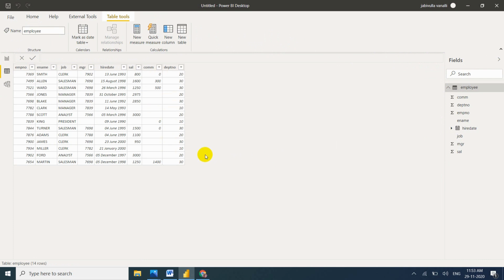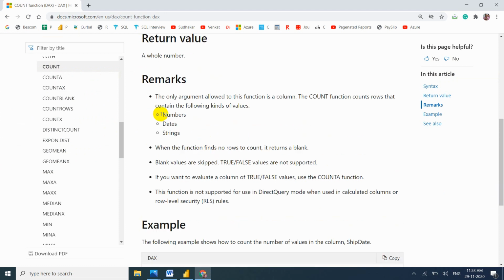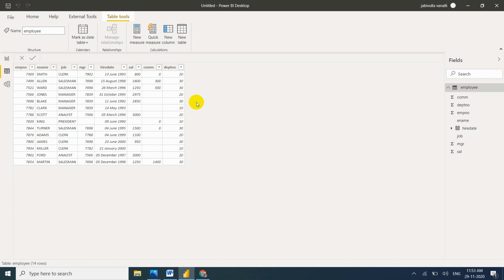Okay, so what they are telling is that the COUNT function works for numbers. I want to test for numbers first of all. So I will create a calculated column, because if we create a calculated column we can see it here. Otherwise we can create measures also. If you are watching my video for the first time, you can check the DAX introduction video.